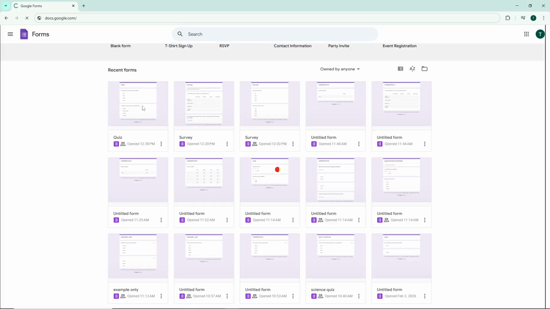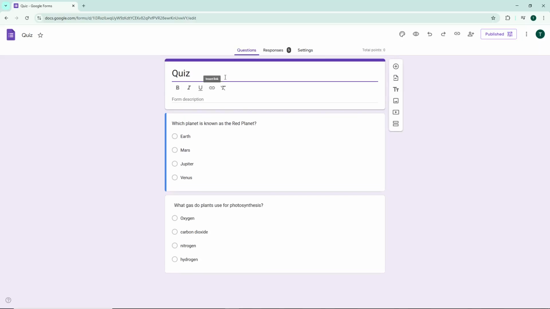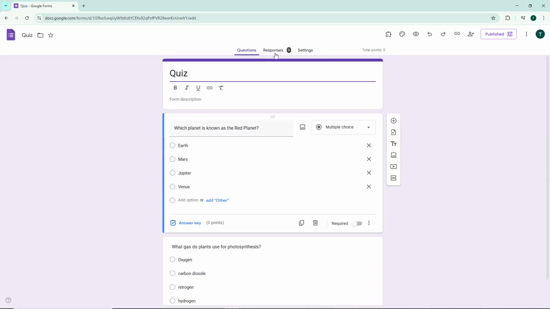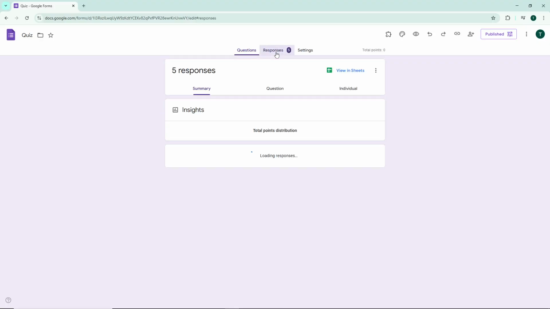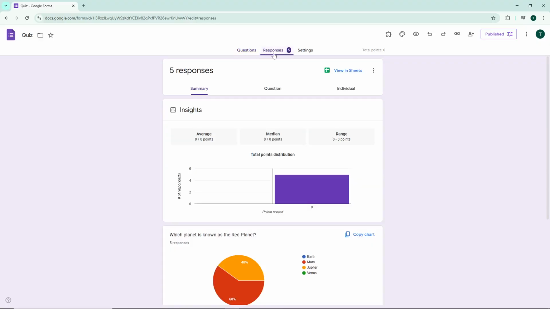to open it up. Once your form is open, direct your attention to the top toolbar where you'll see several tabs. Click on the one that says Responses. This tab is where all the submitted form data lives, and it's your control center for managing everything that's been